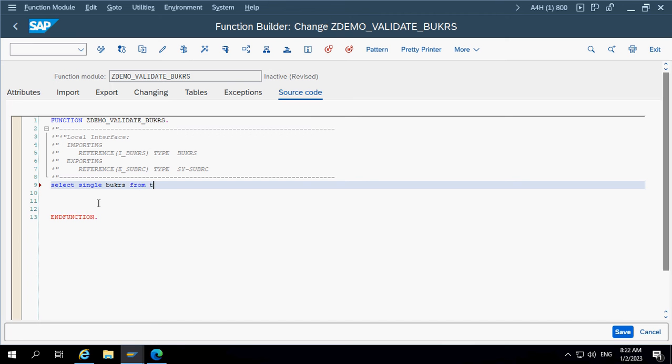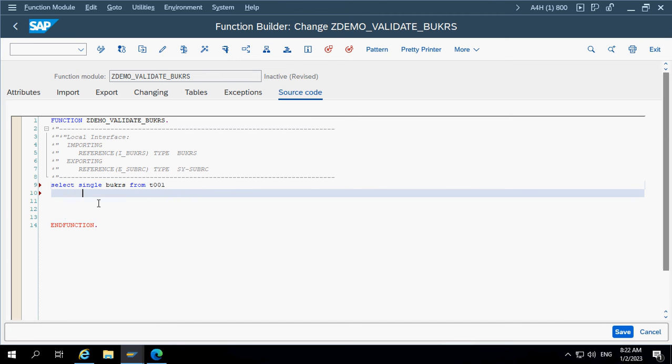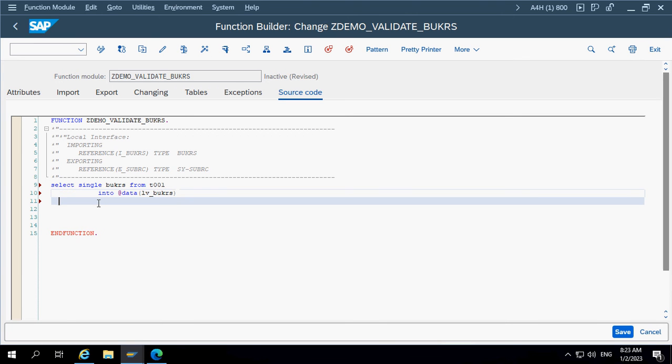From T001 into, I'm defining one variable. It's a single value input, right? I am selecting only company code, bookers, a single field. Where bookers equal to,